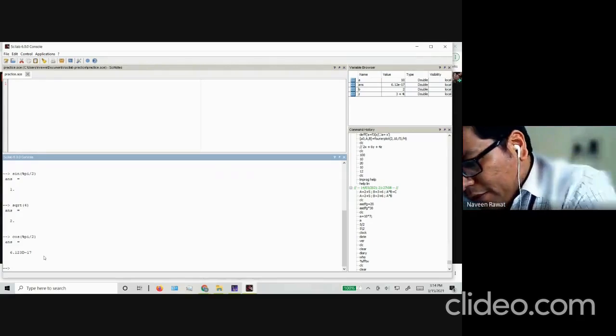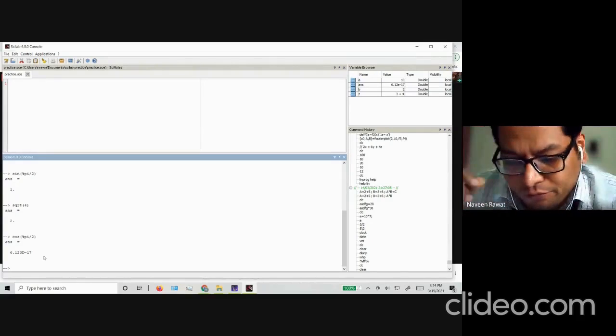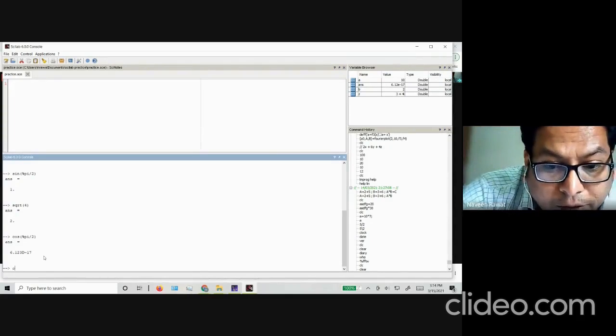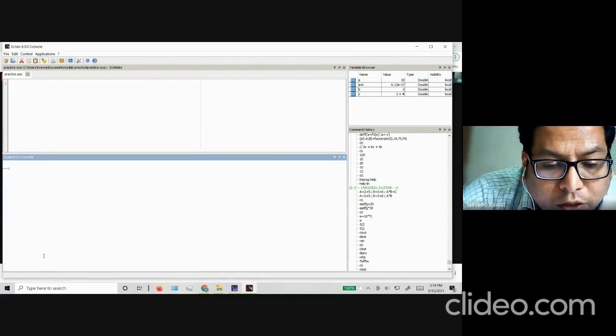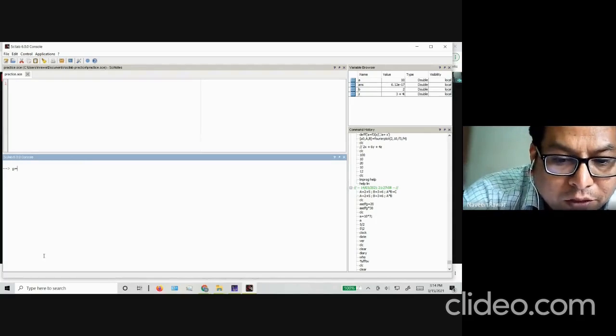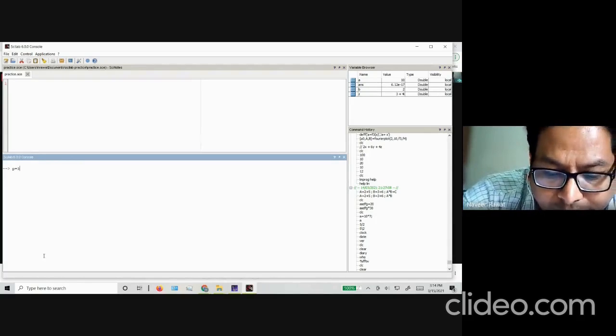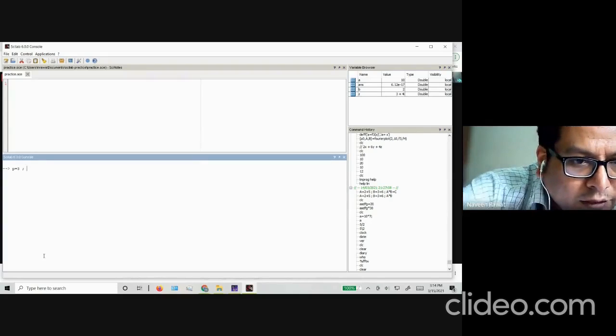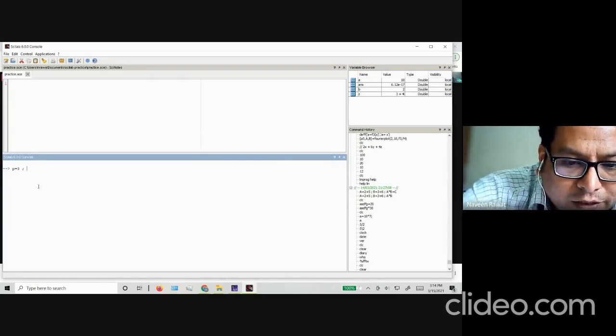There are other things you should be familiar with if you start using Scilab. In Scilab you can use more than one command on the same line. Let's say I want to type a variable p is equal to 3. Then if I want to write something else in the same line, I just have to put a semicolon. And I can say q is equal to 5.